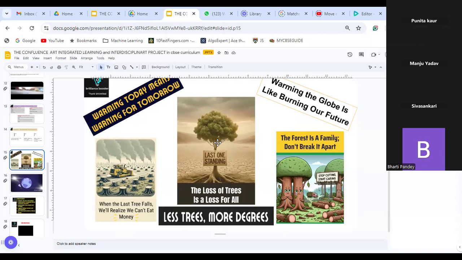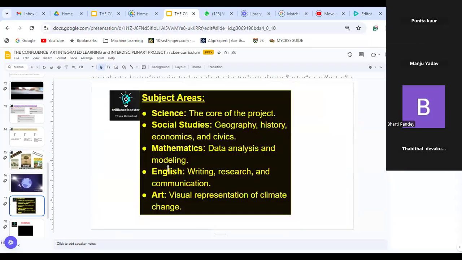So what we can do is we can tell the children to put these captions, we can make the children and other classes aware with these captions, and then we can make the project. And which are the subjects which we can include in it? It is science. We can use this particular part definitely, and how science can help them, there is a video which I will be showing. Social studies we can put up, mathematics we can analyze the data, English of course, and art, though there is no limit to it, there is no boundary, because children can make infinite ways of giving the project on global warming.